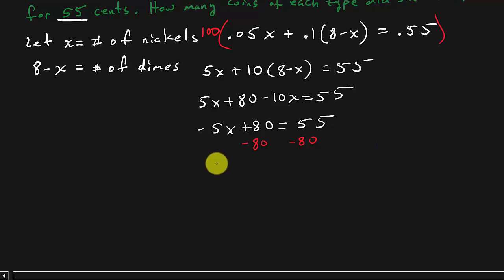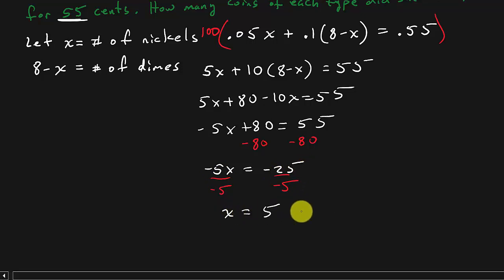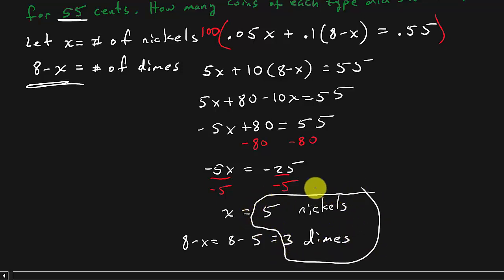All right. So I've got negative 5x equals negative 25. And then I'm going to divide both sides by negative 5. And that is going to give me x equals 5. And so I've got 5 nickels. And so how many dimes do I have? Right there, 8 minus x, which is 8 minus 5, equals 3 dimes. Five nickels and 3 dimes. And that's all of the